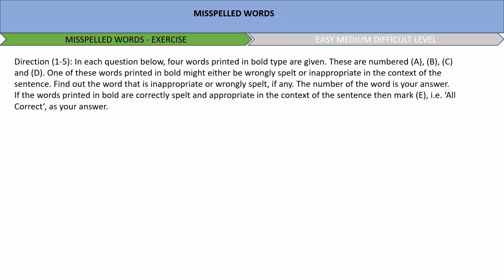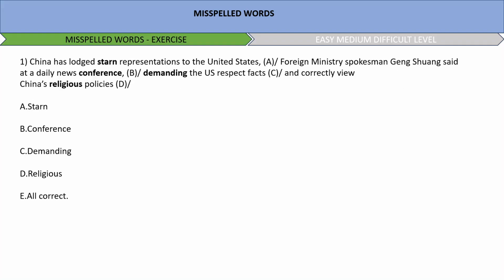Okay, so the direction says in the question below, four words printed in bold are given. These are numbered A, B, C, and D. One of these words printed in bold might either be wrongly spelled or inappropriate in the context of the sentence. Find out the word that is inappropriate or wrongly spelled, if any. The number of the word is your answer. If the words printed in bold are correctly spelled and appropriate in the context of the sentence, then mark E as your answer. That is all correct as your answer. Okay, let's get started. So the first question is,